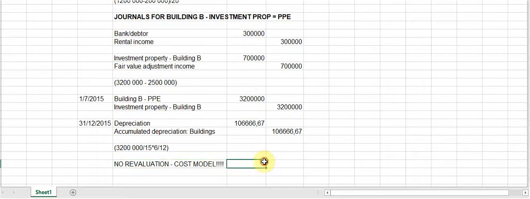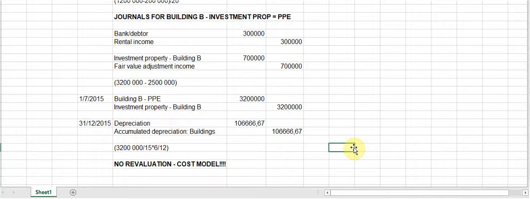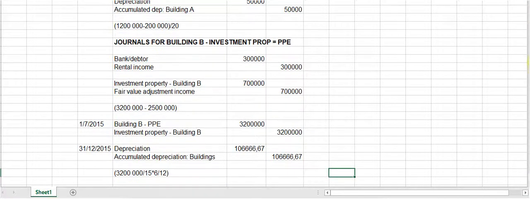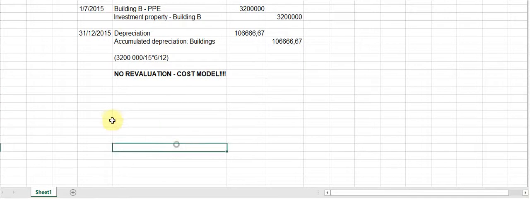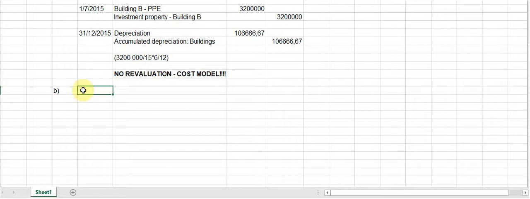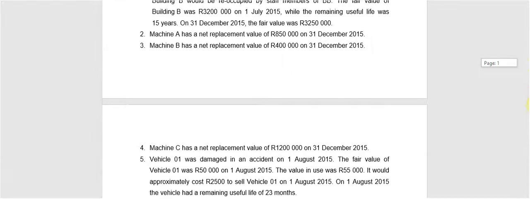Just an important side note for you to remember. Right, and that should then be the journal entries that we do relating to building A and B in terms of note number 1. In the next required part, this was now, of course, note A that we've answered. We need to move on to B. And in B, it says we need to do the calculations for, if we just go to note B,